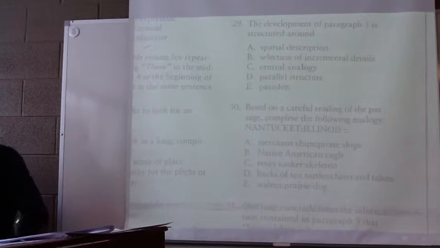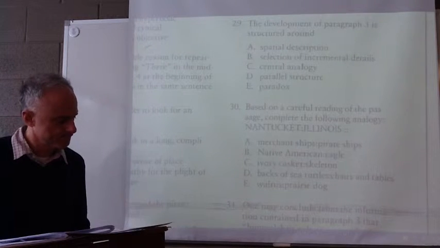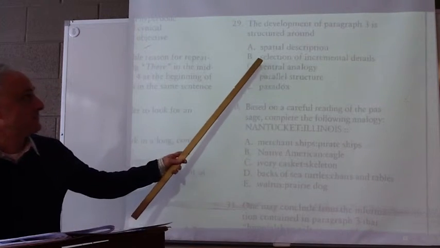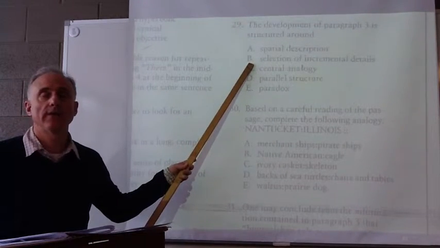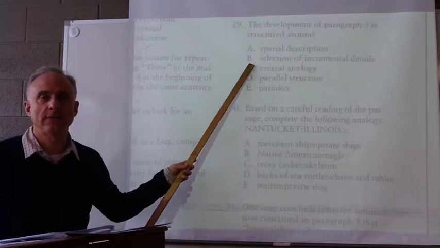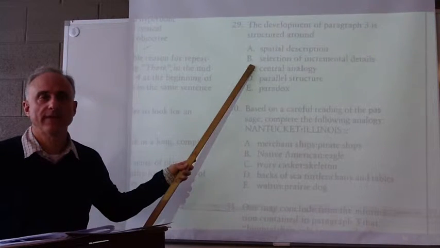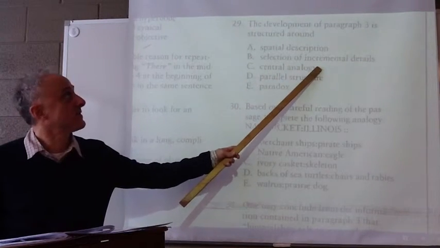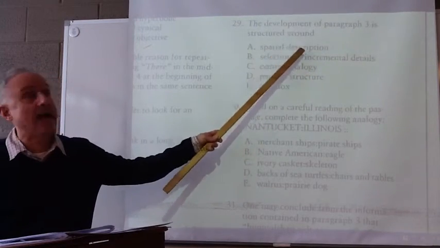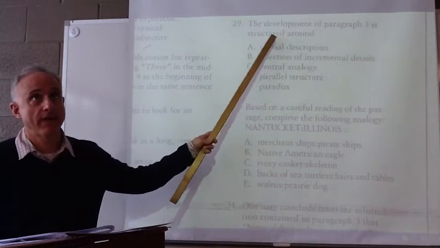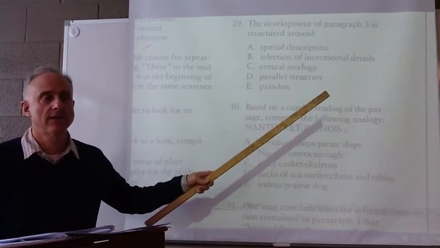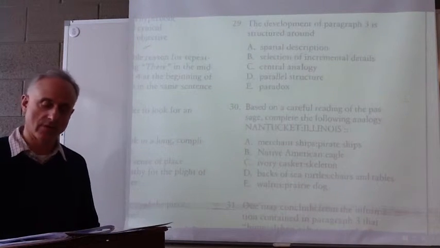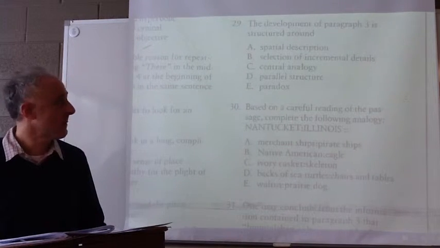Okay. What else do we have here? Yeah, there were questions on 29. The paragraph where they first went into the sea a little and were able to be a little bit effective in finding food, then a little further out, then a little further out. Incremental details guide the structure of that paragraph. First, they were able to do this. Later, they went out a little further and did that. Incremental, gradually more and more. That's what incremental means.